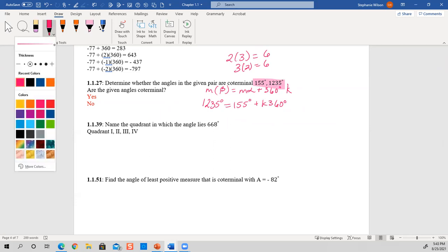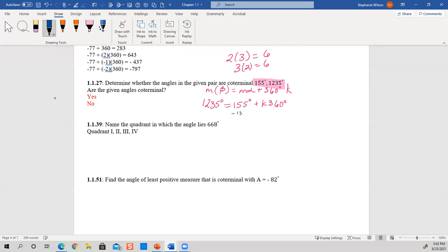When I solve for k, that means I need to get it by itself. In order to do that, I need this 155 degrees to go to 0. Since it's positive, I'm going to subtract it, and what I do to one side, I do to the other. That went away. Now I have k times 360 degrees is equal to